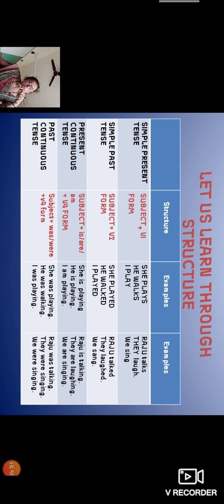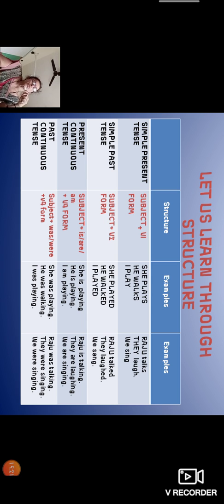It depends upon the subject. See, can you please guess, children, what are the subjects here in the six sentences? Yes, she, he, I, Raju, they, we. These are subjects. Okay, so here the helping verb which we use, like is, are, am, depends on these subjects only. Okay, so if the subject is singular, we use is. If it is plural, we use are. If it is I, we use am. Okay, that you have to be a bit careful about, right?